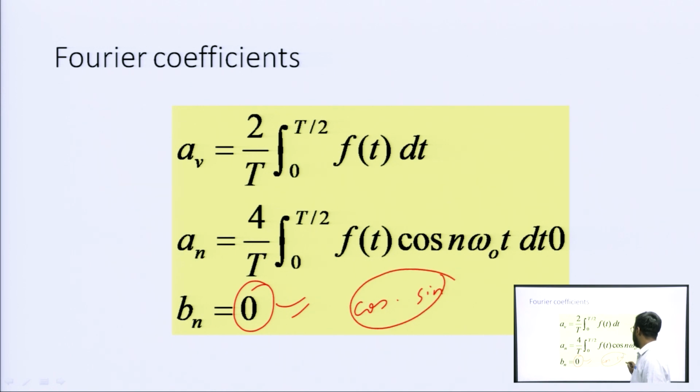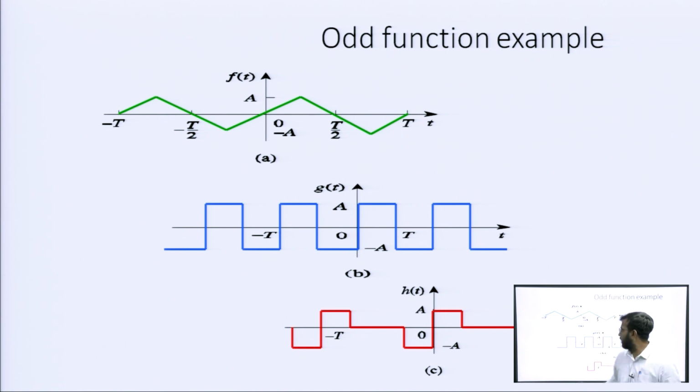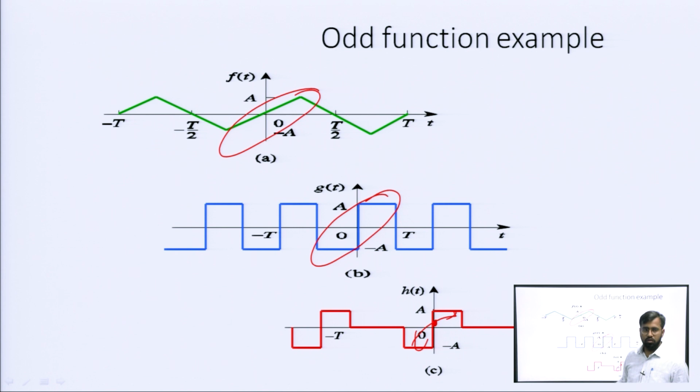So, it will give already what? Odd terms, and we know any odd signal, any odd function will have what? Bn is equal to 0. Similarly, what is an odd function? Any signal which is symmetric about the origin. See, if you use this mirror as the origin, then you will get this mirror image. So, what will happen to this?